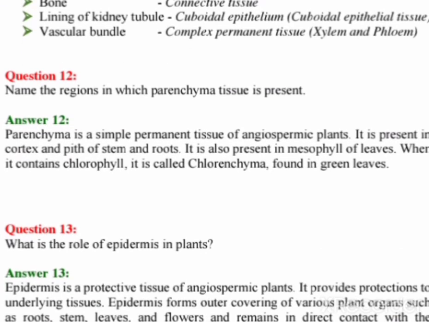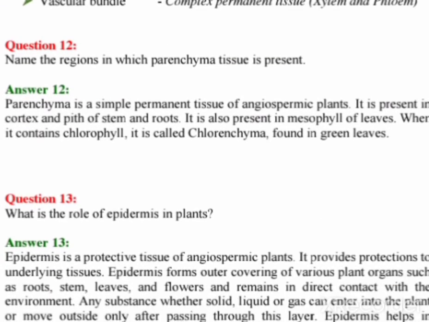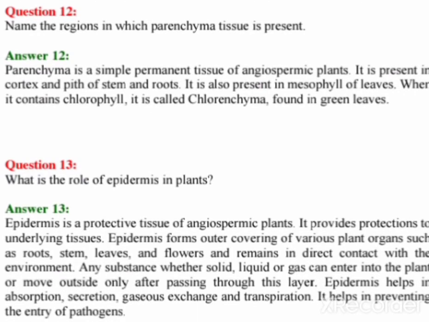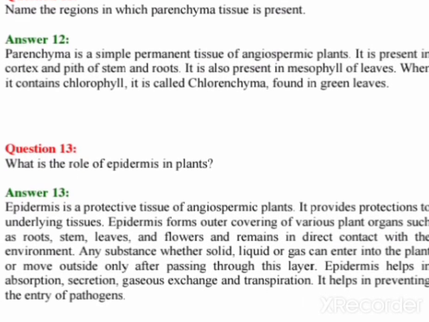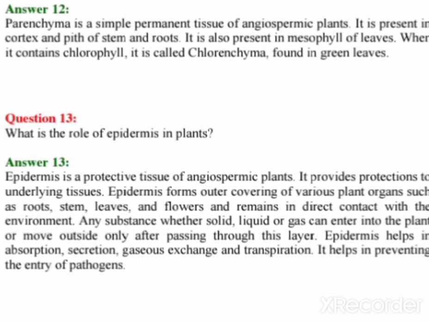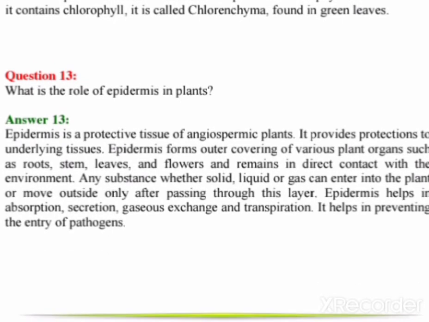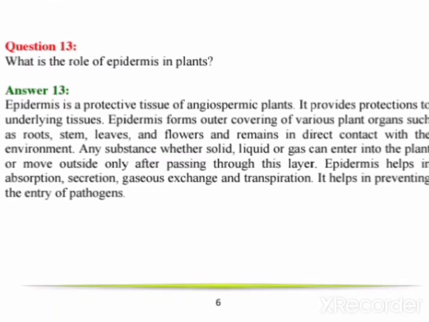Identify the type of tissue. Here also we have to identify the tissue type. So the skin, which type of tissue is present? Stratified squamous epithelial tissue, meaning more than one sheet is present in the case of skin. So which type of tissue is present? Stratified squamous epithelial tissue. And the bark of a tree, which tissue is present? Dead tissue present in our trees. Cork, protective tissue. Bone is the connective tissue.